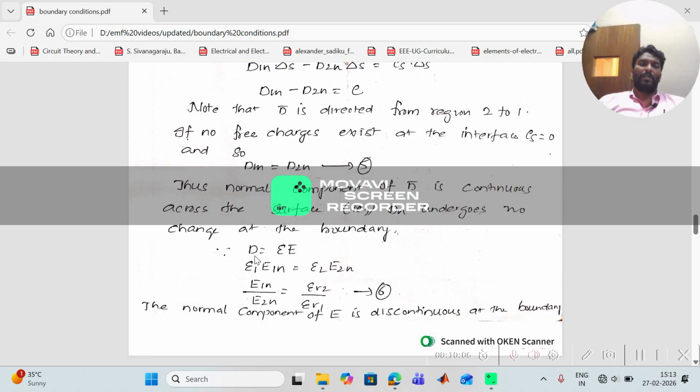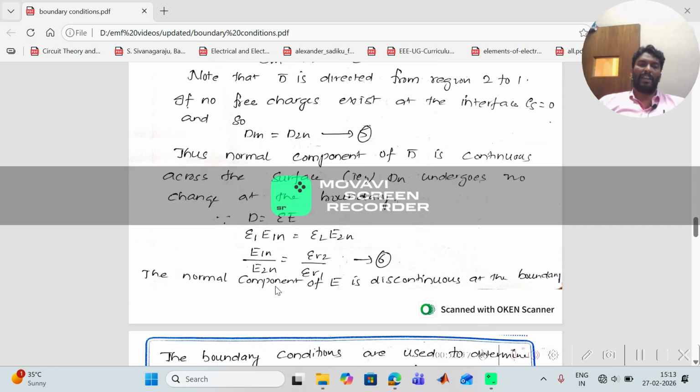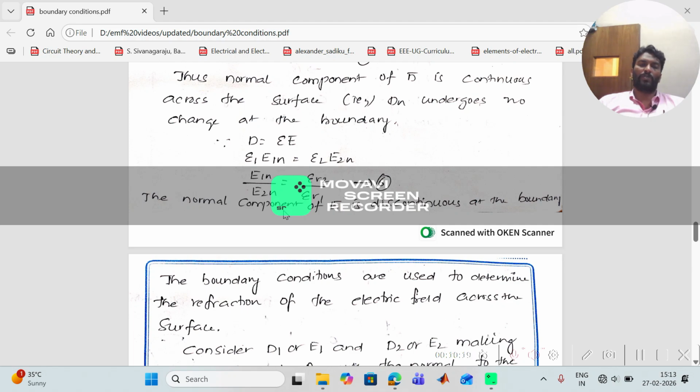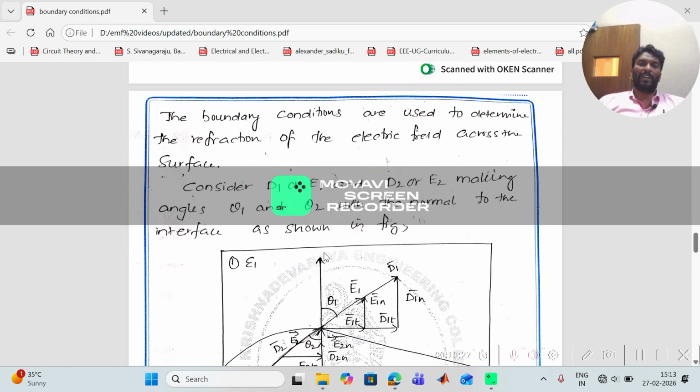So we can say, based on the relation between D and E again, D is equal to epsilon E, from which we can write epsilon 1 E1n is equal to epsilon 2 E2n. So from this we can write again E1n by E2n is equal to epsilon r2 by epsilon r1. Here we can say the normal component of E bar is discontinuous at the boundary. So from this we can say the boundary conditions are used to determine the refraction of the electrical field across